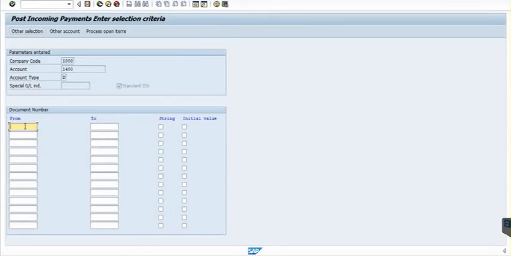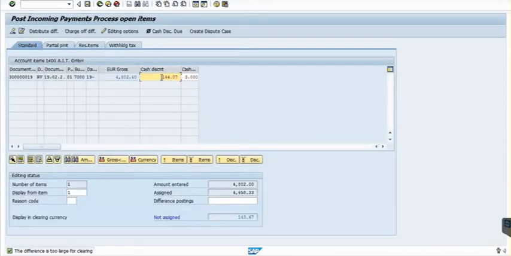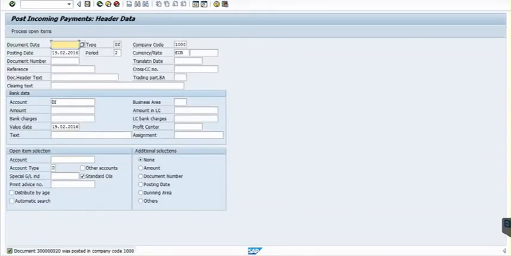Okay, now let us put the document number here, go inside. As you can see, here are a few cash discounts that we are going to omit for now, and save it. Okay, so this is done now.